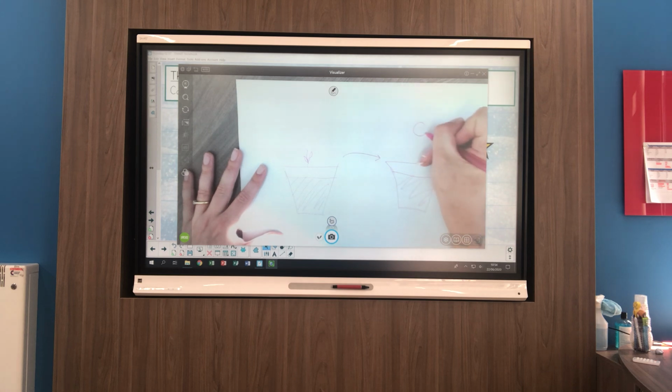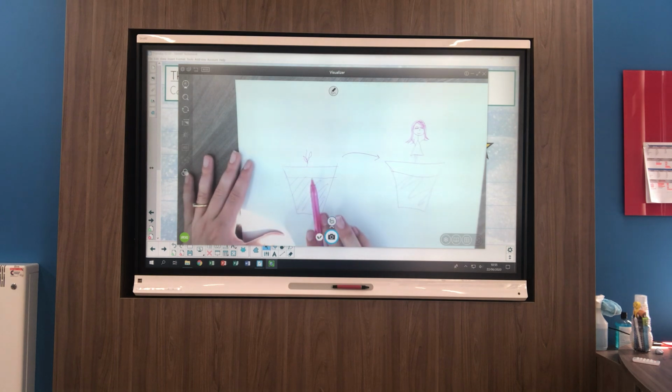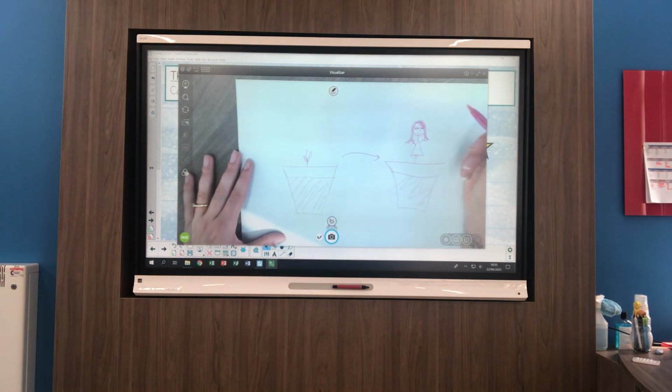So I could start to have my sister growing off the stalk. And if you are in my class, if you are in 4C, you will know that I absolutely love drawing, but I only like to draw stickmen because I'm not the greatest drawer. But there we go, there is my sister that I've grown in my pot, and I've shown just how it started from step 1 to step 2,